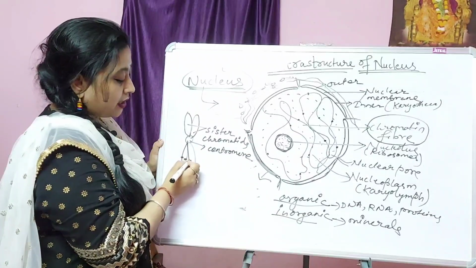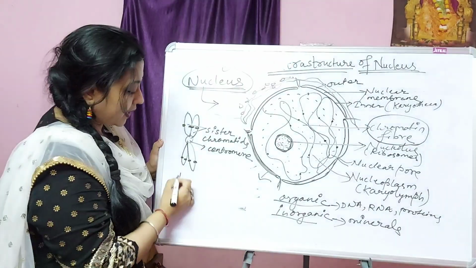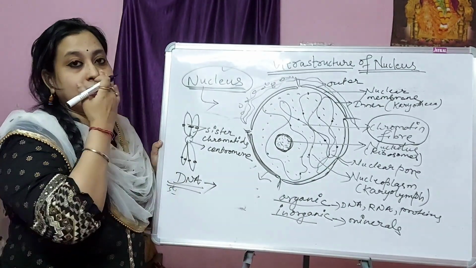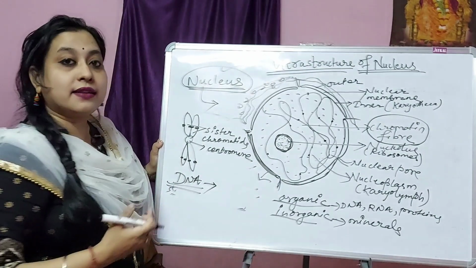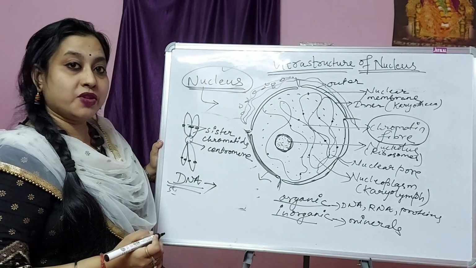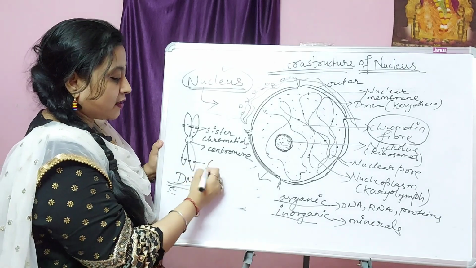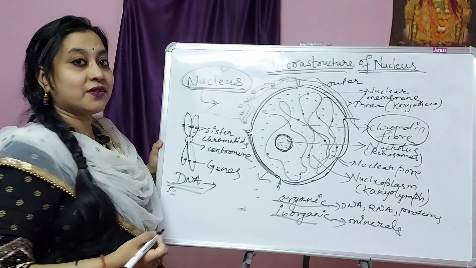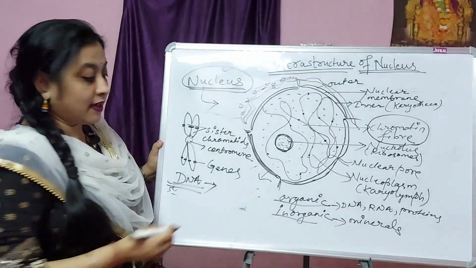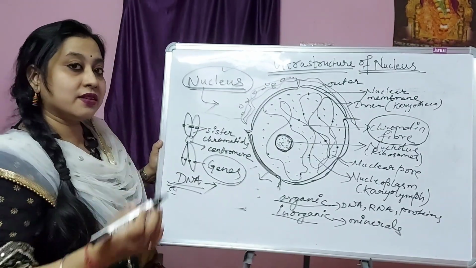And we know that the nucleus contains genetic information. Who stores the genetic information? DNA. DNA stores genetic information or hereditary information, as well as transfers the hereditary information from one generation to next. So how does it transfer the genetic information? With the help of genes. These genes are located on different sites of the chromosome. There are homologous chromosomes and different sites where genes are located, and these genes are called the unit of inheritance, which carry the information from one generation to next.